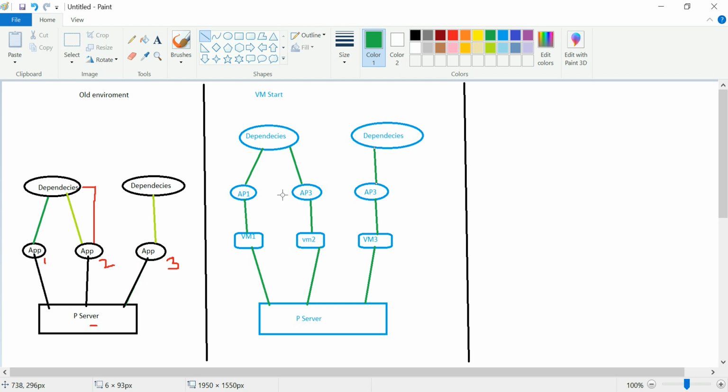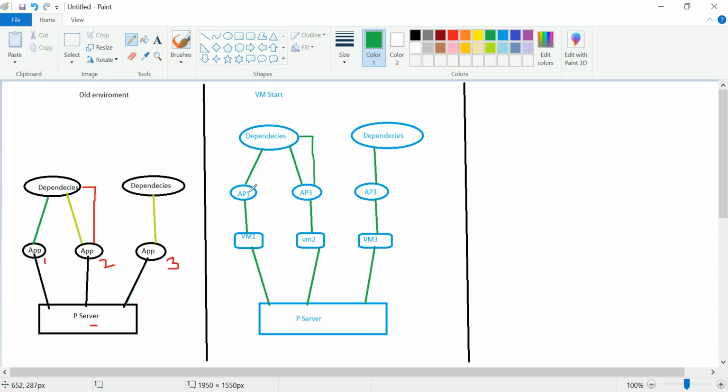On one physical server we create 3 VMs, and on each VM we install applications: application 1 on VM 1, application 2 on VM 2, application 3 on VM 3, and all these applications are running on, it could be, different OS and different VMs. So whatever changes we are about to do in these environments are not going to impact anything. If you make any changes on this dependency, it is not going to impact application 1.